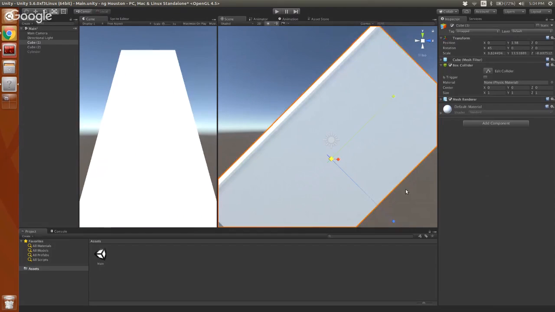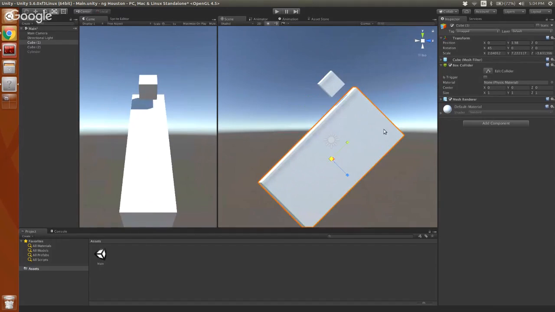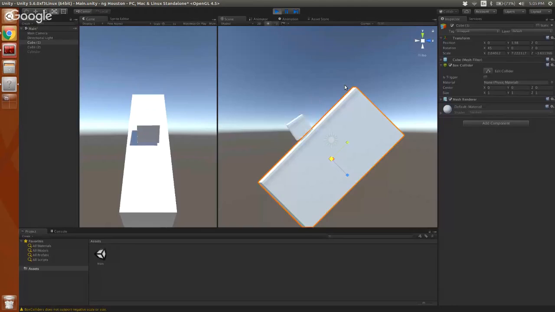And one of the cool things about scaling objects in Unity, oh, that's fun. I want to see what happens if we hit play on this. It slides down. Boop, boop, boop, boop. That's cool. So you noticed when I did that, it still kept this box collider as the exact right size for this cube.